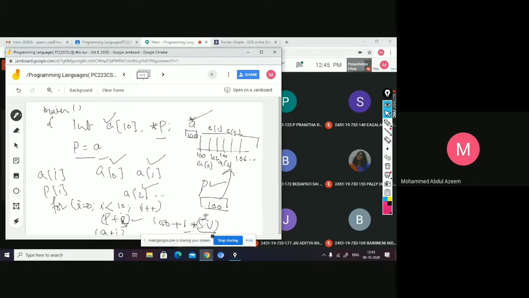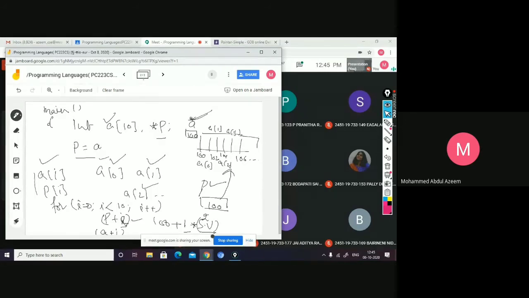Got my point? It means if I am using pointers, and with the help of pointers I am referring to an array, then I can access this entire memory through either A or through P, and I can have these 4 ways of accessing the entire memory. Fine. So this you may not have observed, but this is possible.